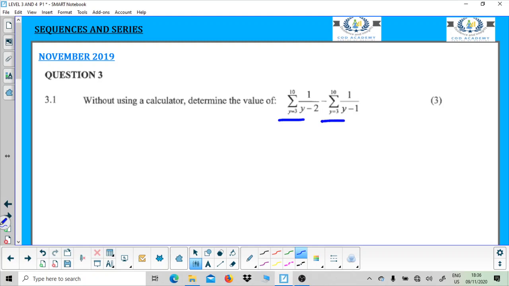So if you remember your sigma notation, this one you are not going to struggle with, because you will notice that for the first one, you have to sum all terms you get by using this formula, 1 over y minus 2, from y is equal to 3. That would be your first term there. To get your first term, you put 3 in place of y. What is 3 minus 2? 1. That's the first term. You still have to add. From y is equal to 3, you go to y is equal to 4. If you put 4 in place of y, 1 over 4 minus 2, what are you getting? 1 over 2. Let's carry on, put 5. It's 1 over 3. Carrying on, put 6. 1 over